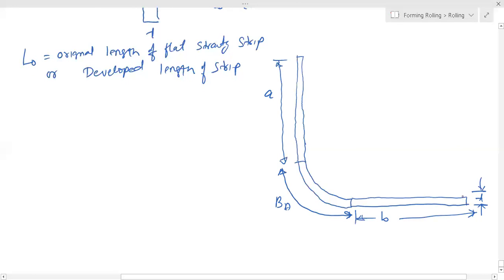Thickness T. It is there in your notebook, in the study material, but I am drawing this here. This is your neutral axis. This is a 90-degree bend, or it may be less than or more than 90, no issue. This is your neutral axis. Neutral axis means no stress, no compression, no stress.